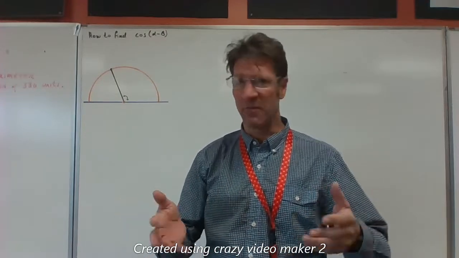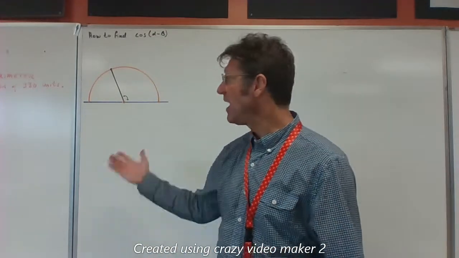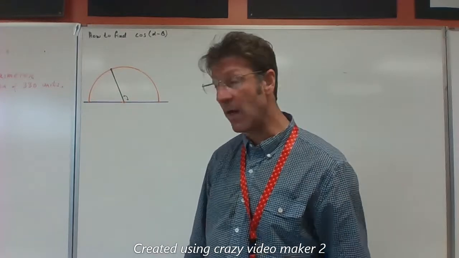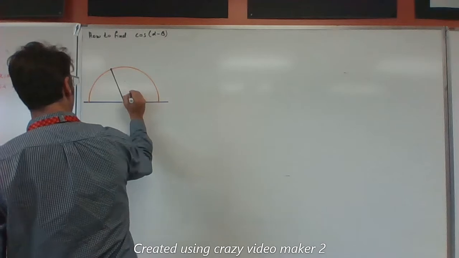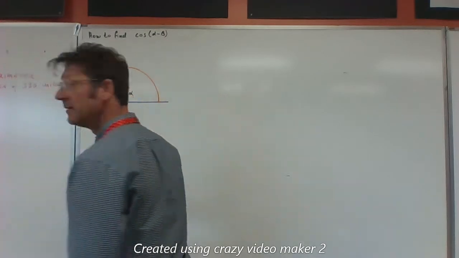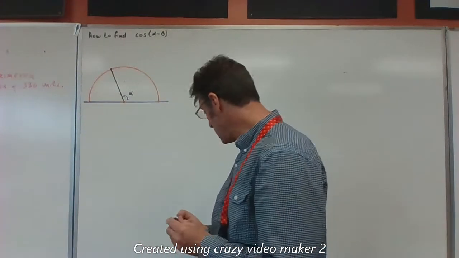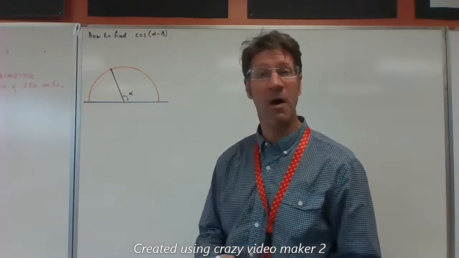I want to make that angle obviously big, so I made it obtuse, and so it goes into the second quadrant. We're going to call that one alpha. So here's our first thing. Angle alpha, lovely. Now what we're going to do is find a smaller angle, which we're going